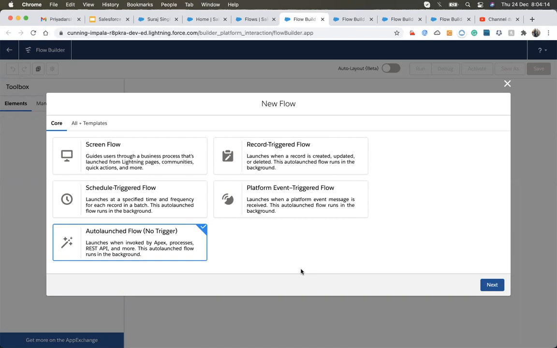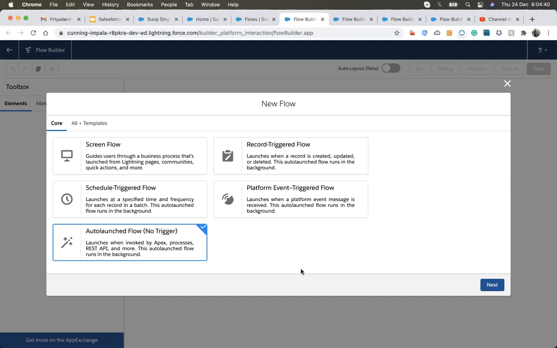So we can clone that process builder and leave the criteria as it is. Instead of doing the calculation in the action part, we just call our flow, and the flow will handle the rest of the task.